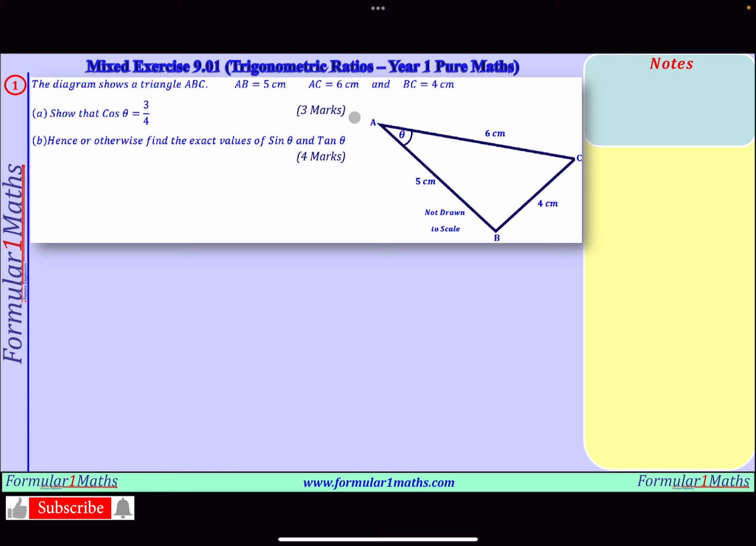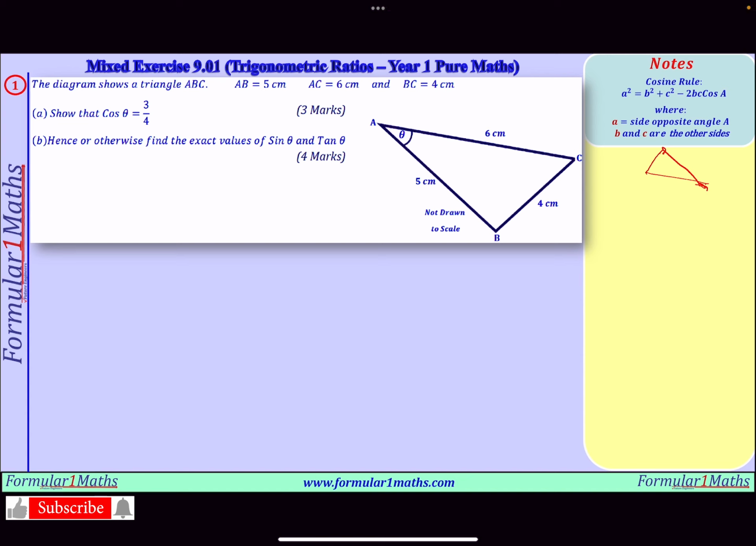For A, we are given a triangle with 3 given sides, 5 centimeters, 6 centimeters, and 4 centimeters. We also have an angle, theta, the cosine of which we have to find. So with this information, we will need to resort to the cosine rule, which states that a squared is equal to b squared plus c squared minus 2 times b times c cos A, where a is the side opposite angle A. If I have a triangle like this,